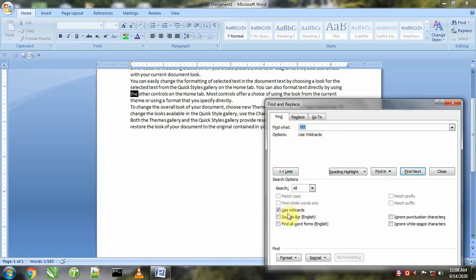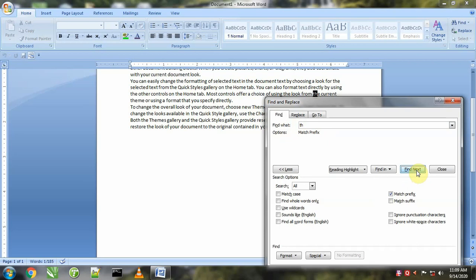So these are the wildcard characters that we can use. It means we can search for a word in the document with the help of a pattern, and each question mark indicates a single character. Now, match prefix means we can match a word with the help of prefix characters. If I say show all those words which start with th, it will show all the words which start with th, whether it is the, then, there.